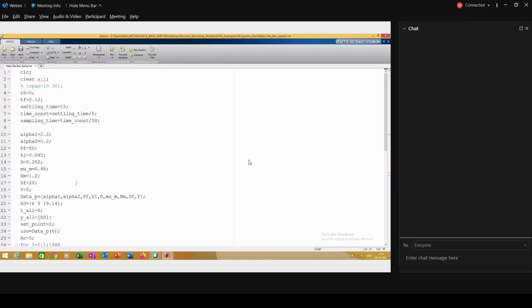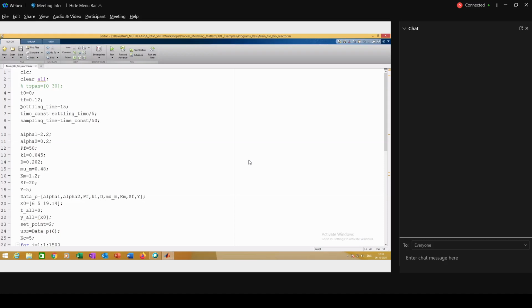At every sampling time, I am measuring my outputs, calculating the manipulated variable, and pumping that manipulated variable into the system. Due to the change in manipulated variable, I expect a change in the system's output. That measured variable I again take, compare with my set point, find the error, and find u. This goes on until the system tracks the set point. This is the overall verbal methodology which I implemented. Now I will explain each line of the code once again.